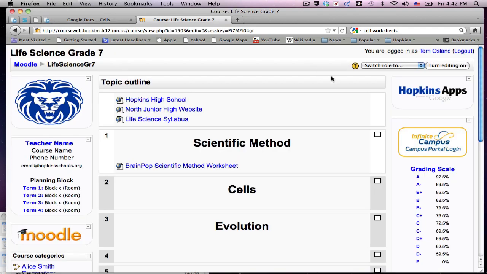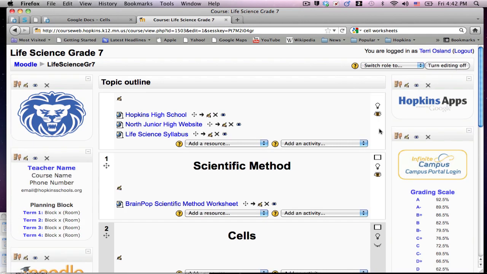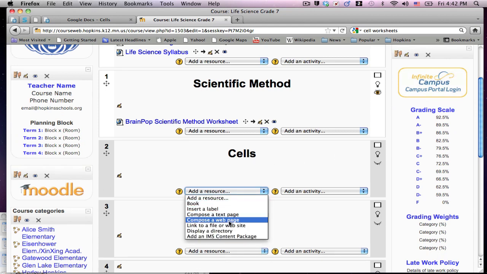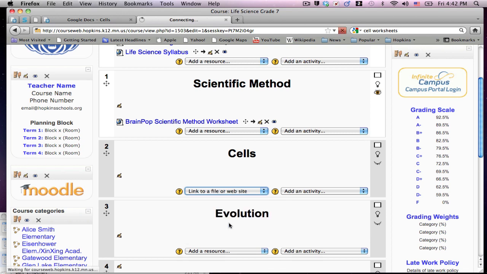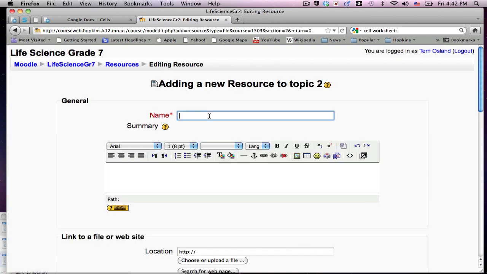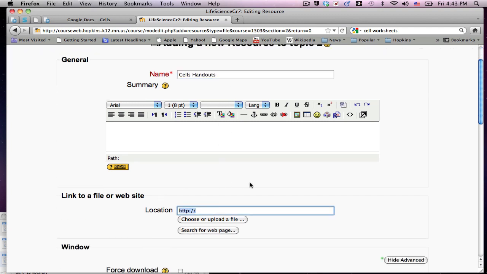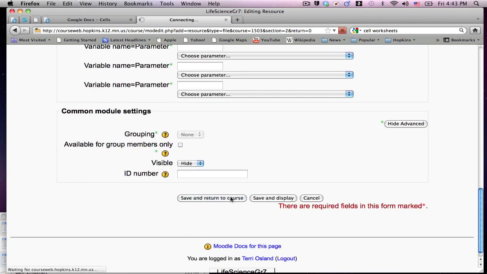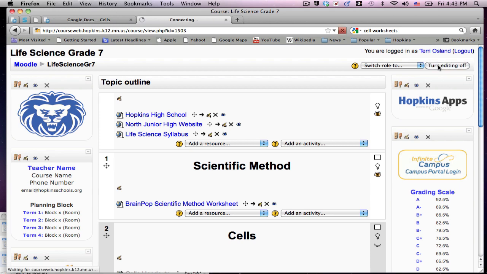I go back to Moodle and I want to link to this collection. So I turn editing on and I am going to go into my cells unit. I can add a resource, and again I'm going to link to a website here. So the website is going to be titled Cells Handouts, and then I'm going to paste that web address. I'm getting rid of the HTTP because I've copied an HTTP already. I'm going to put it in a new window so that I don't leave Moodle. Save and return to the course. I'm going to turn editing off,